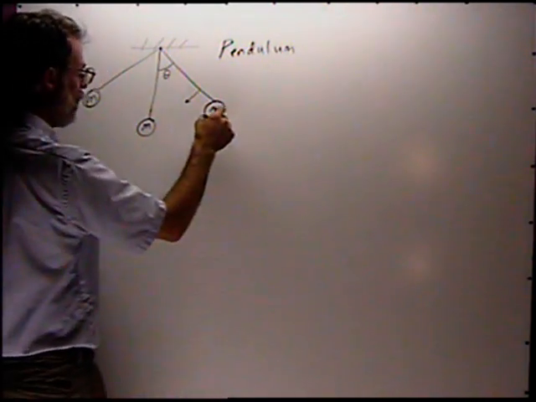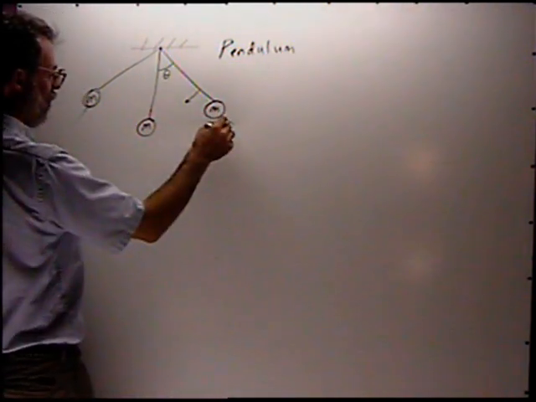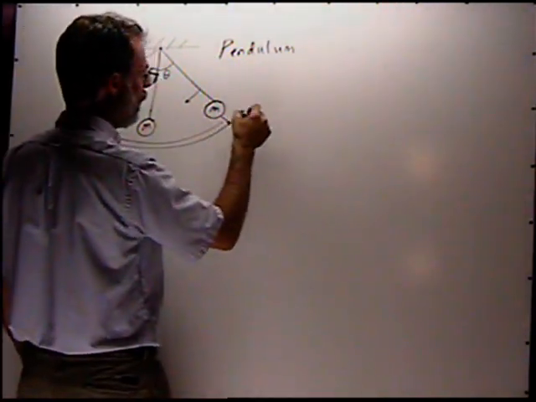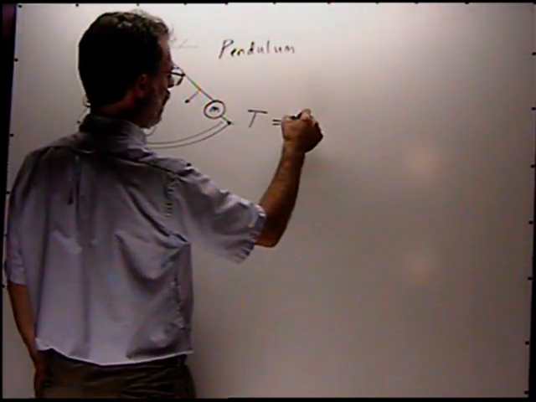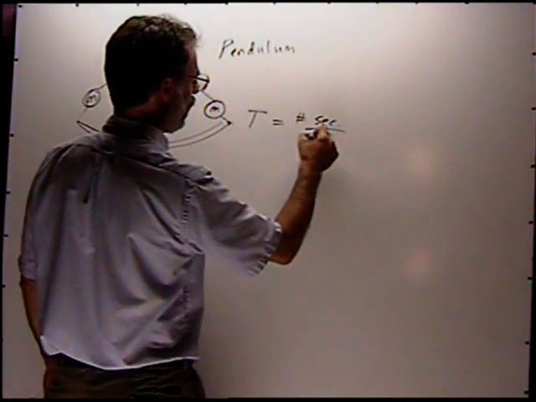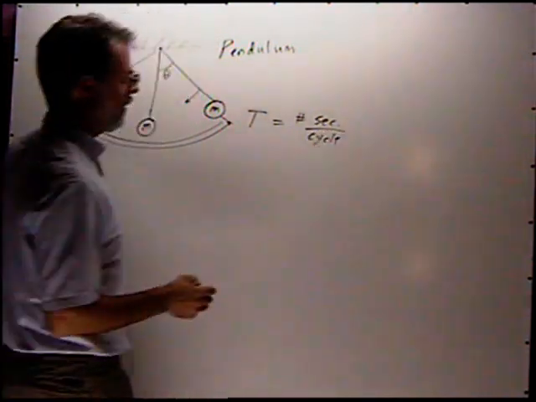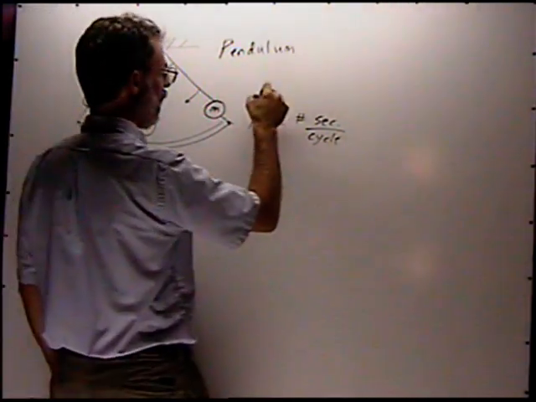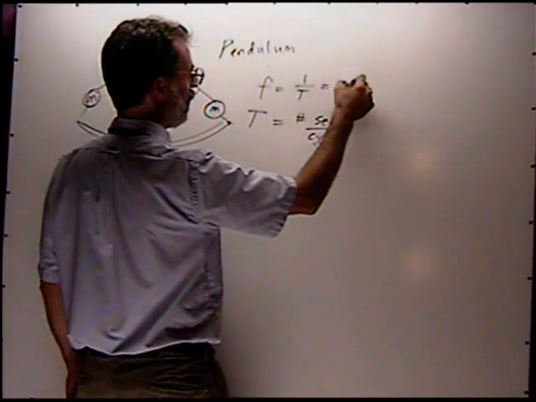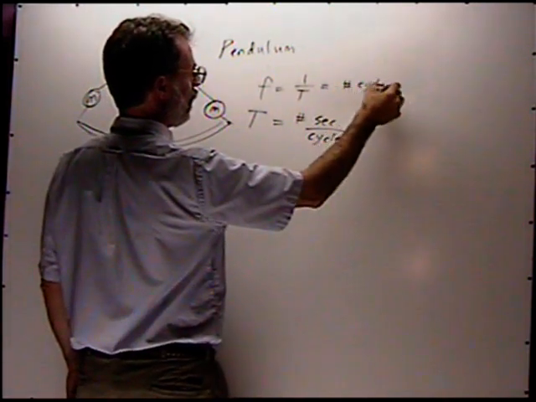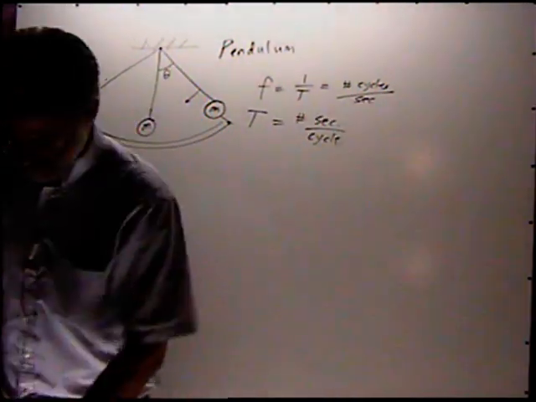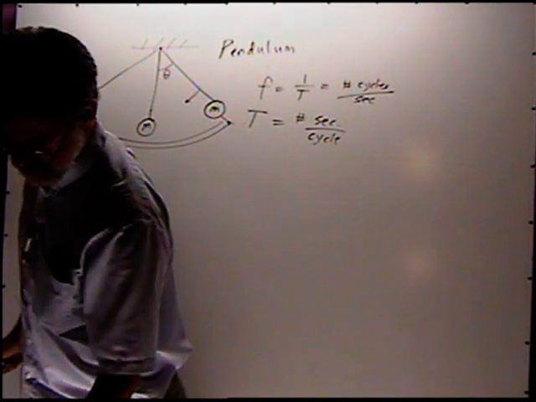And the period of motion from here back to here, that's one period, and it's so many seconds per cycle. Okay, that would be the period. The frequency, obviously, is 1 over the period, and that's X number of cycles per second. Okay. Now, I'm not going to derive this, but